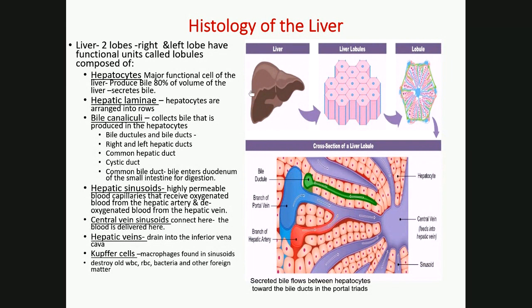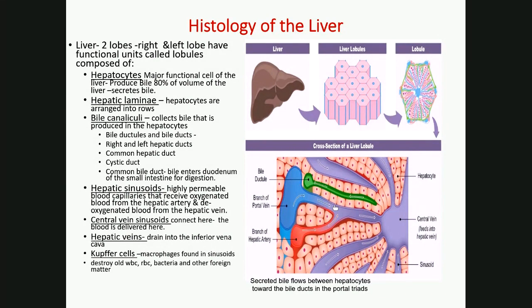Remember, we talked about how the bile ducts are going to unite the right and left side into the common hepatic duct, which joins the cystic duct, and then eventually into the common bile duct, which joins the bile produced in the gallbladder and in the liver, and then eventually dumps into the duodenum of the small intestine for digestion. At the same time that this is occurring in this direction, there's another flow